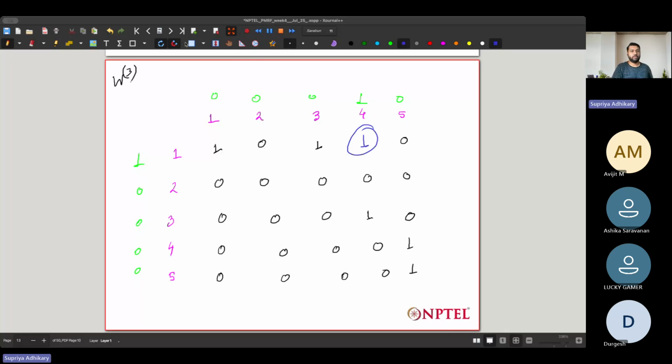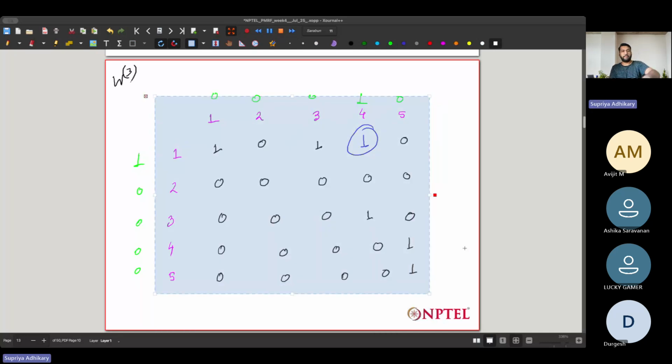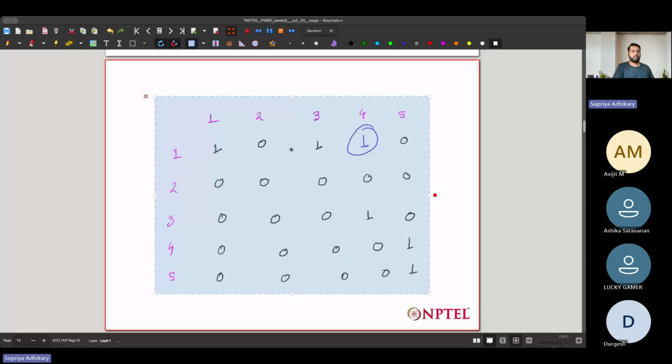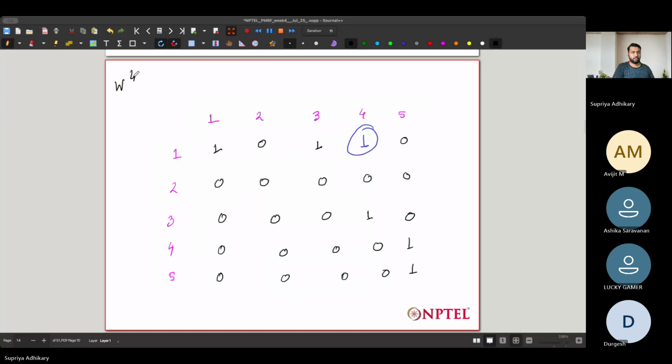Now we have to use this matrix in order to update. So this is also our W3. Now we are using W3 in order to update W4. For W4, we just have to take the fourth row and fourth column. The fourth row is 0, 0, 0, 0, 1, and the fourth column, which is this one, is 1, 0, 1, 0, 0. So now we have to see